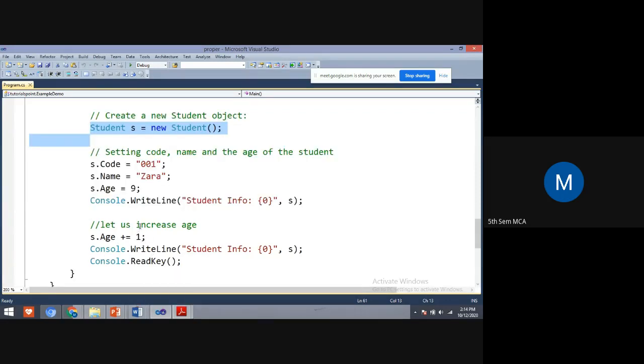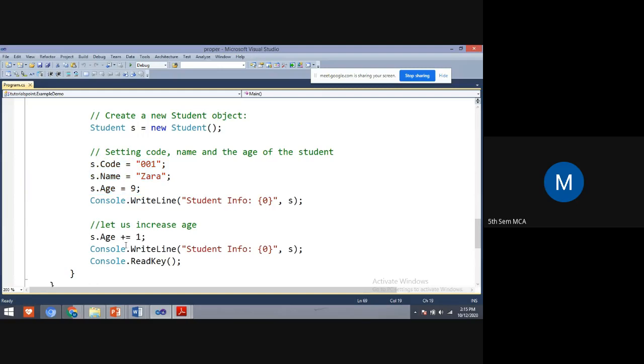And here one more thing: we are incrementing the value of age by 1. Students, using a property we are assigning the values of age, name, and code. Once it displays the details of a person: name Zara, code 001 and age 9.